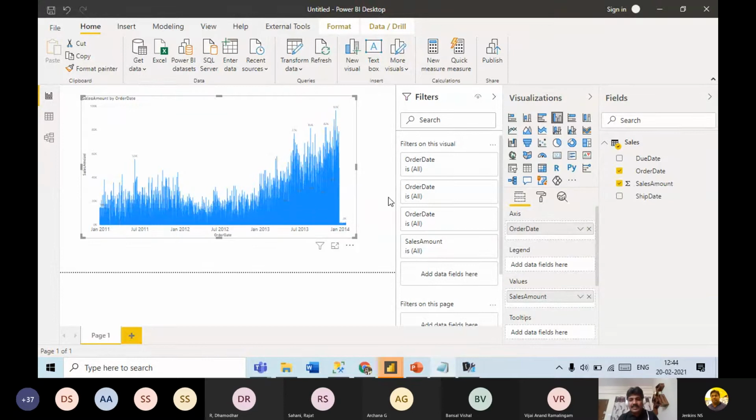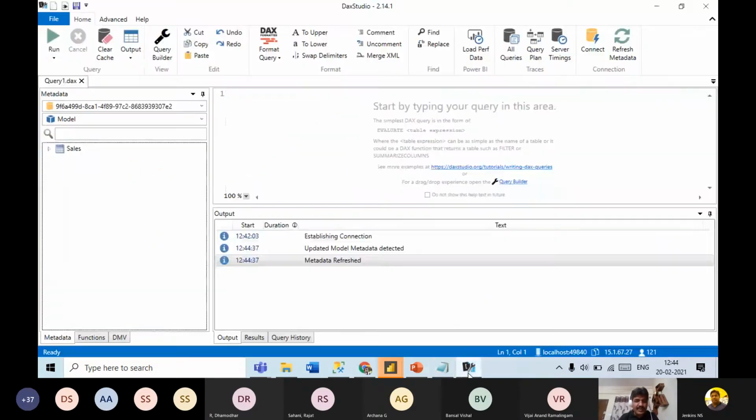So, now you will not be able to slice and dice the data by year, quarter, month. For that you need to add your own calendar table. Okay, so I'll show how to do that. But you got it correct, how to disable this feature. And also now if you go and see in the DAX Studio, the hidden tables disappeared. Now I have just only the sales table.